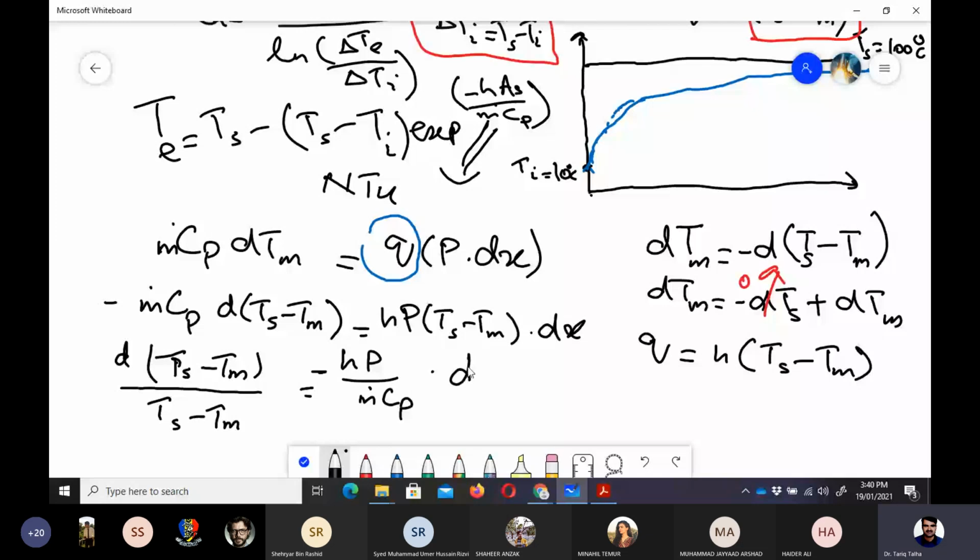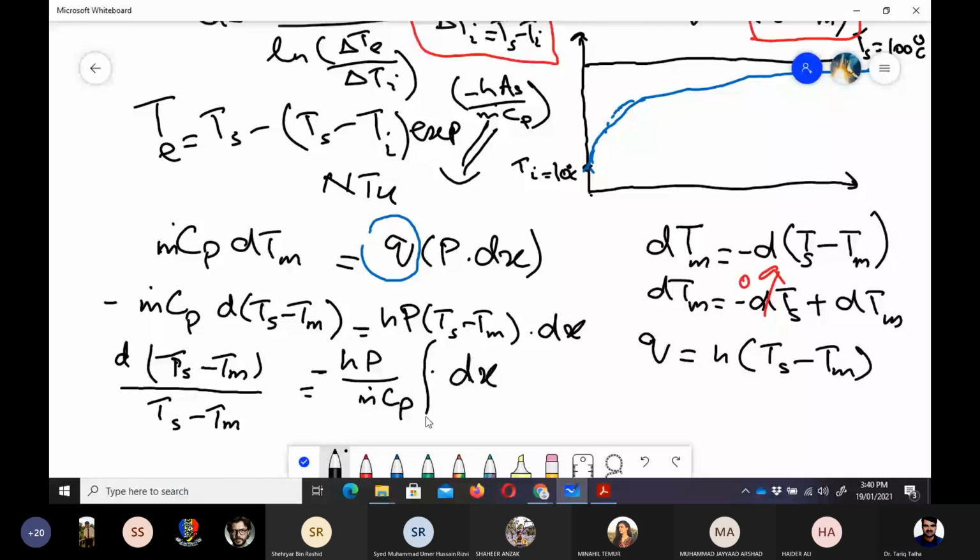Right. So we already know that h is a constant value in a fully developed pipe flow. P is also a constant value. m dot is constant for a given flow rate. Cp is constant. So if we do the integration from x equal to 0